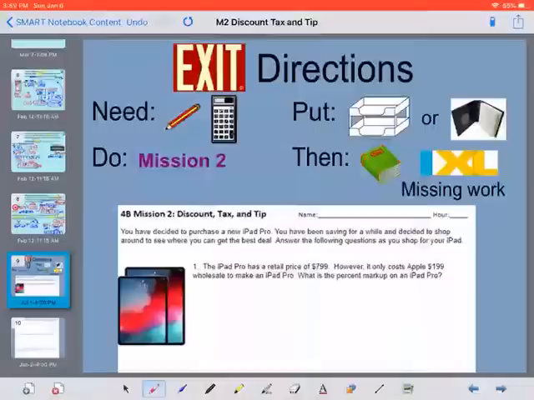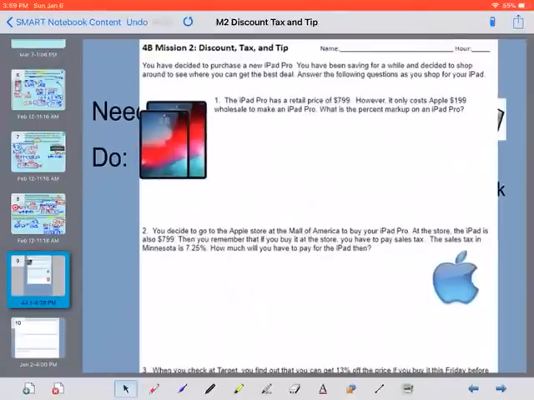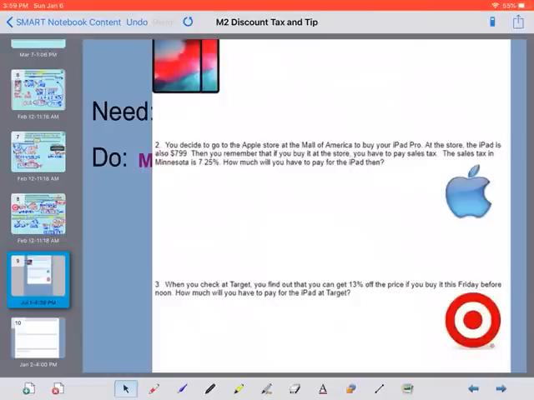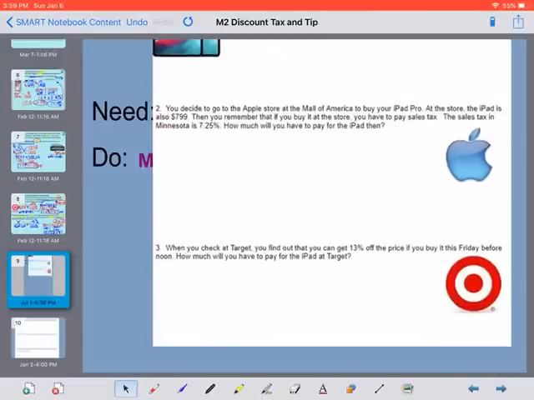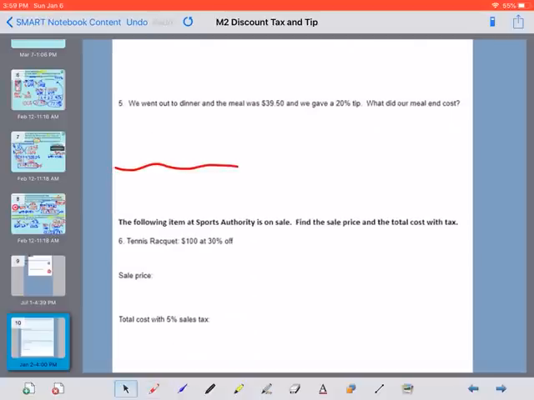Your homework is very similar to this. On the front, you just have 3 questions, except it's talking about an iPad Pro. How much will it cost? Or what's the percent markup? You go to Mall of America, almost exact same type questions through number 4. Then number 5 is just a question, just solve it. And then number 6, same thing. This is actually 2 questions here. This is question number 1 and question number